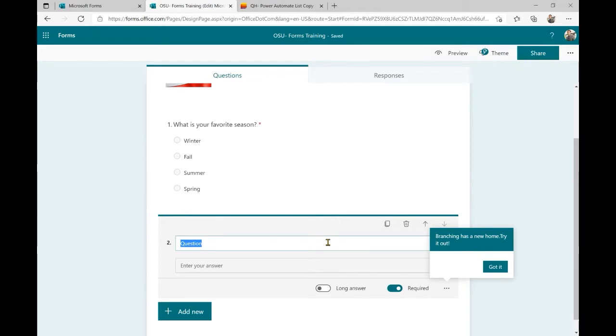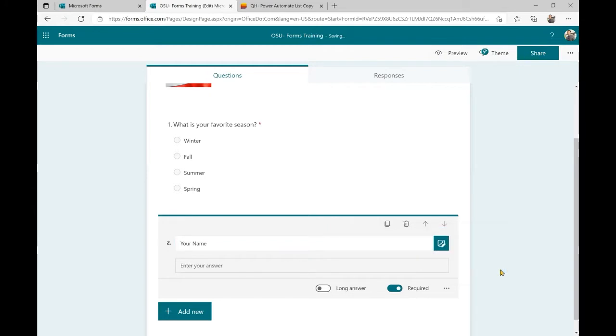So for example, let's go ahead and make this question, what is your name? Or we'll just say, your name. Okay. So here we have this field. Now we have long answer toggled off because we don't need multiple lines of text.